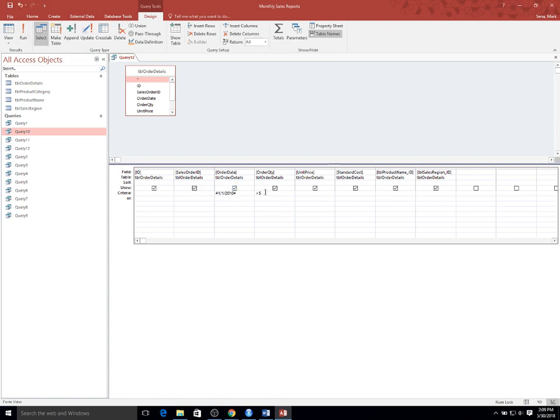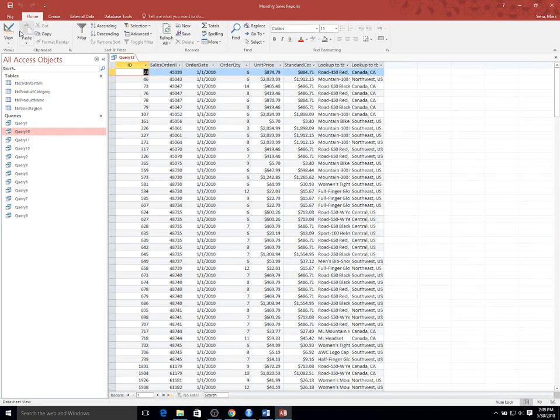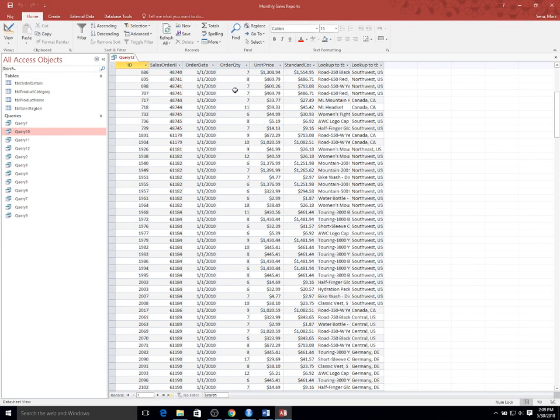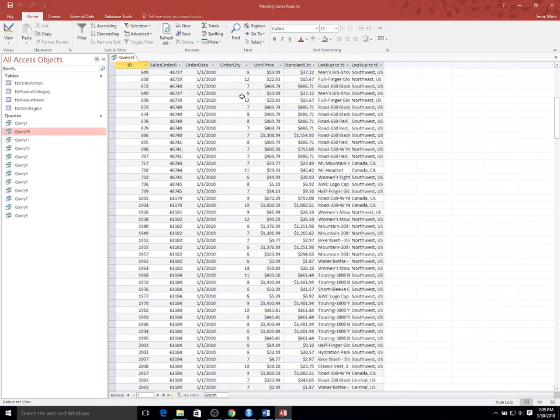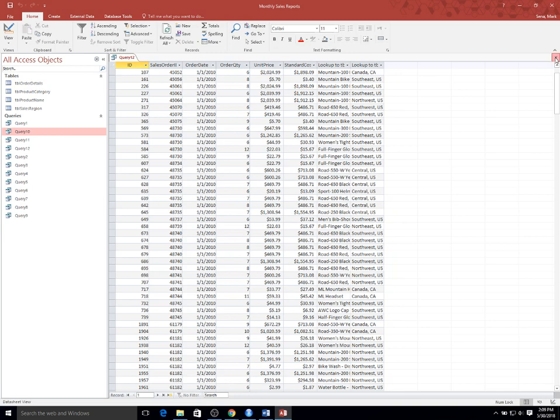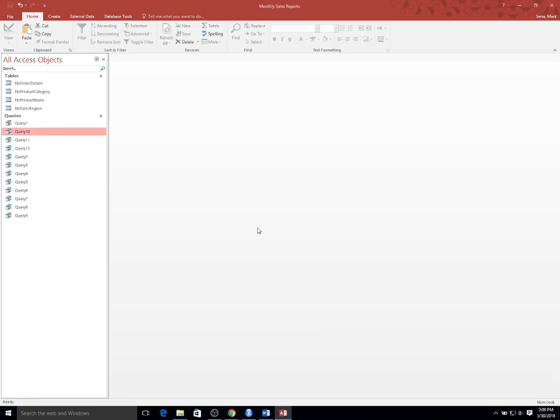So we have the two criteria again on the same row. Neither of them on the or row because it's an and. It has to meet both criteria. And we click on it, and here we see all the big orders that took place on that date. So I'm going to close and save. And we'll move on to